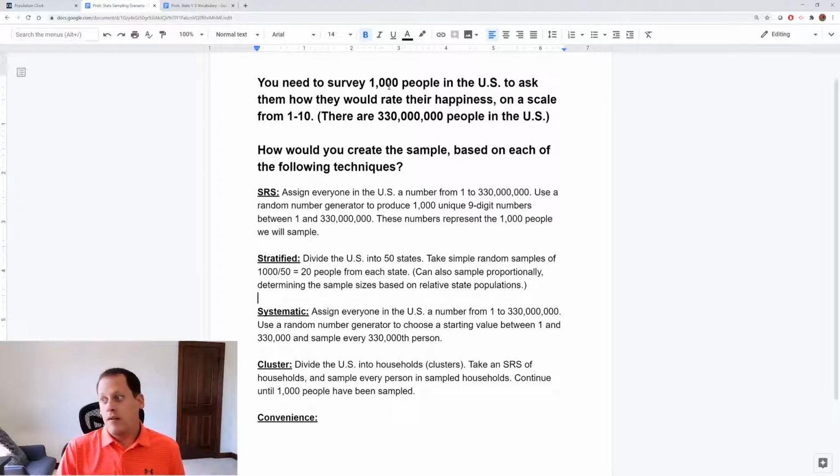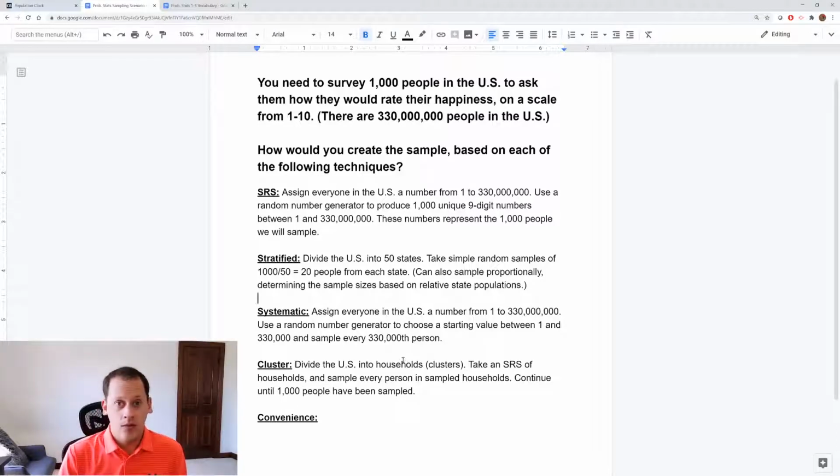Even if you do an entire block of a street like we did in the last video for that example, I think even that, a street block could have hundreds of people in it, potentially, if you've got some apartment buildings or something. So to really get a representative sample, I think your clusters need to be as small